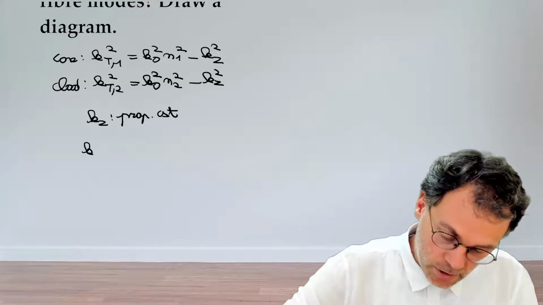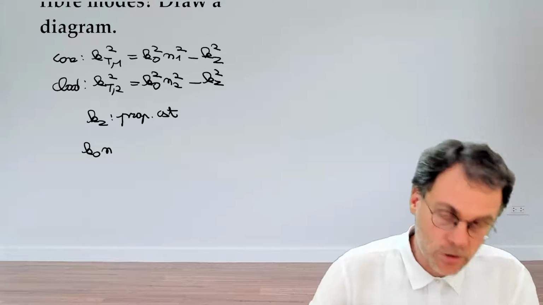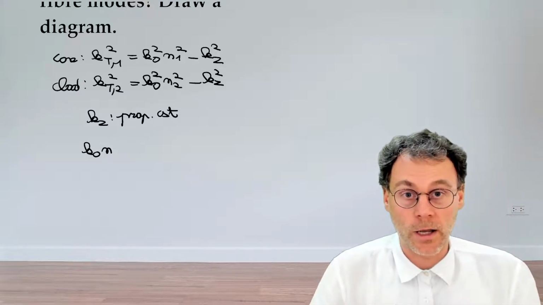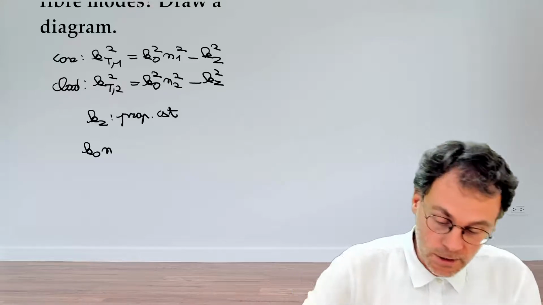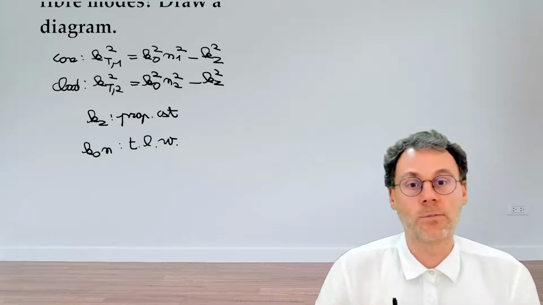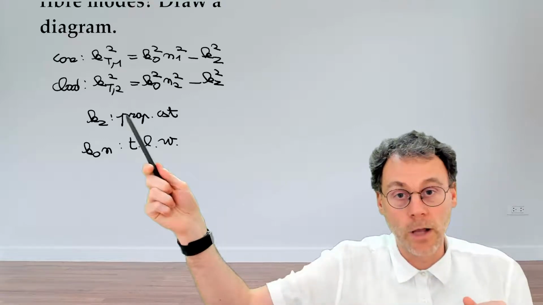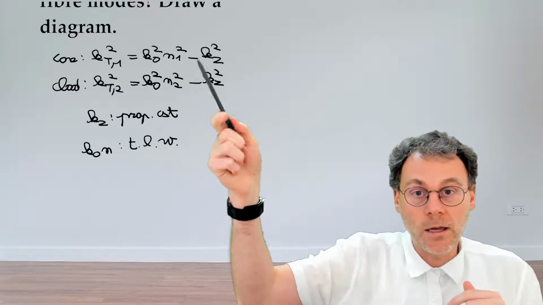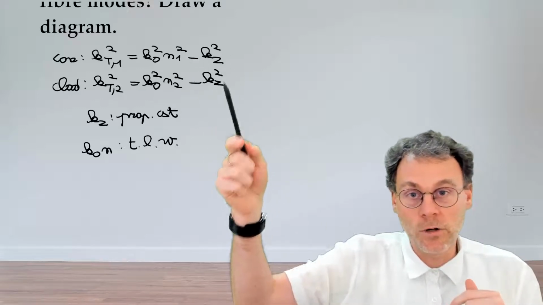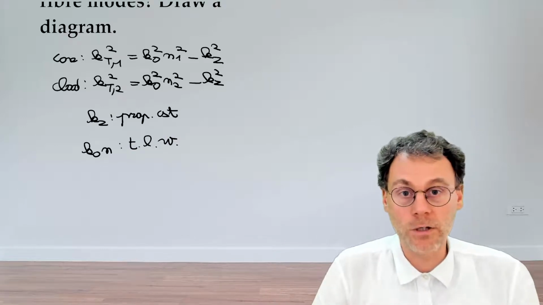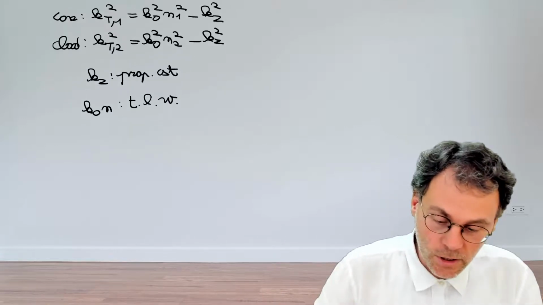And what about k0 n, so just a generic refractive index here instead of just n1 and n2? Well, k0 n, we know that this is equal to the total length of the wave vector in that particular material, with the well-known abbreviation TLW. So if we take this kz squared here and move it to the left-hand side, it becomes obvious that this is Pythagoras basically. So we can draw a diagram like this,